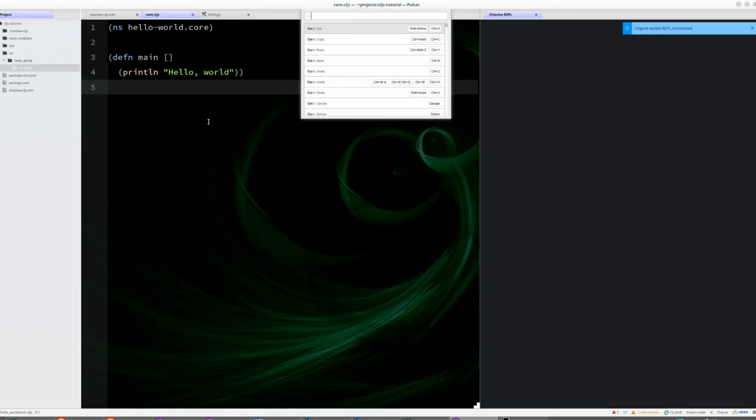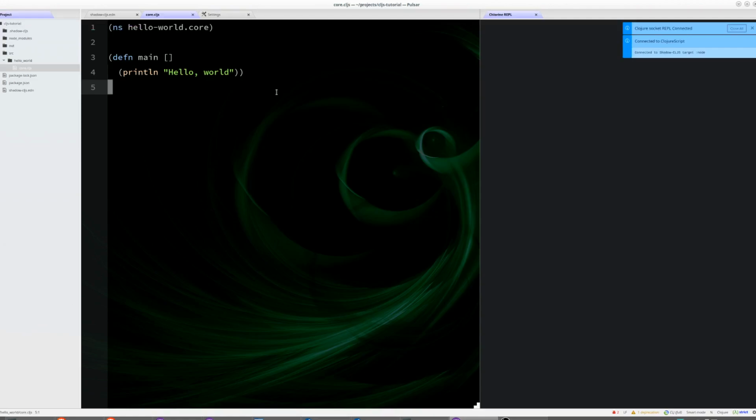So now I want to run connect embedded. It's the ClojureScript that's embedded inside the compiler. Maybe this name could be better. But as you can see, it now says that I am connected to the Shadow-CLJS target called node. And that's exactly what we want. So by now we can run things like